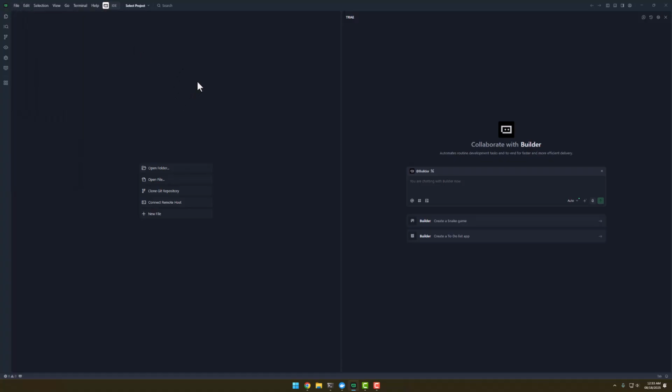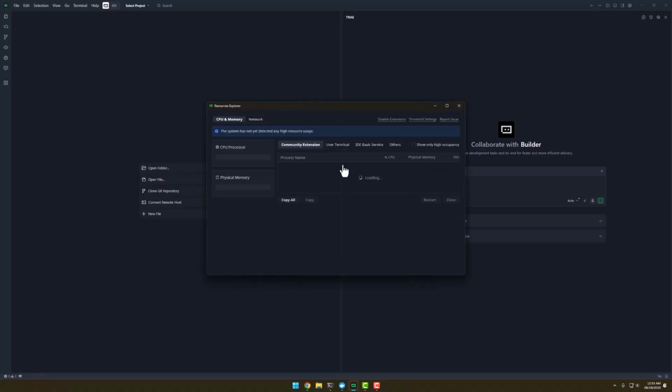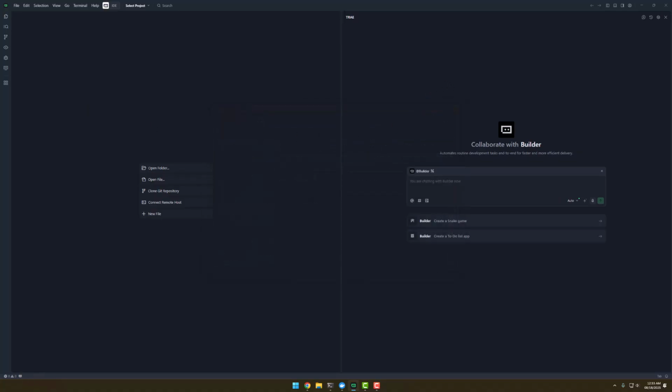But if we are using, for example, WSL instead of Windows, that is what I've been doing here, we have to connect to the WSL, okay? So in this case, if I'm not wrong, I have to check to see how to connect to WSL with Tray, because I have not used it lately, but it's pretty simple. With VS Code is even more simple than this, because here in the bottom we can see a WSL